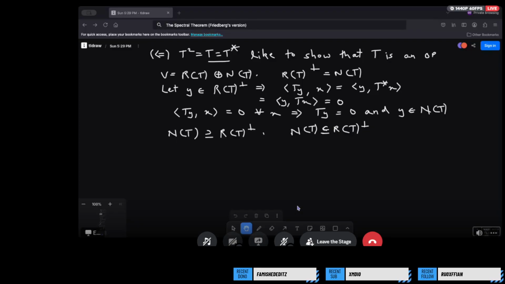Yep. And so if you take the perpendicular of both subspaces, what we end up with is R of T double perpendicular contains this, but this is just equal to R of T. So now we know that, actually, you know what, I think this is too much algebra. Let's just do this the old way, which is